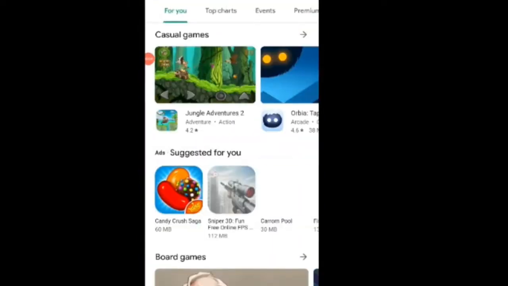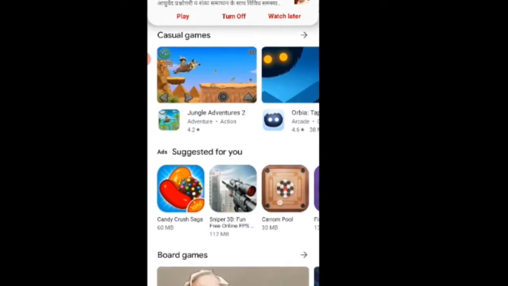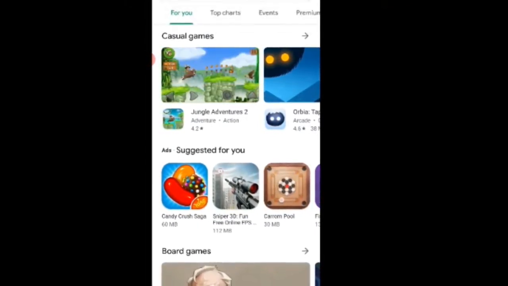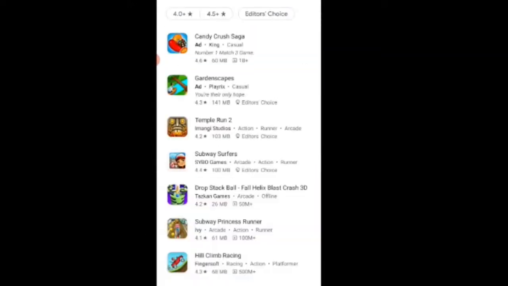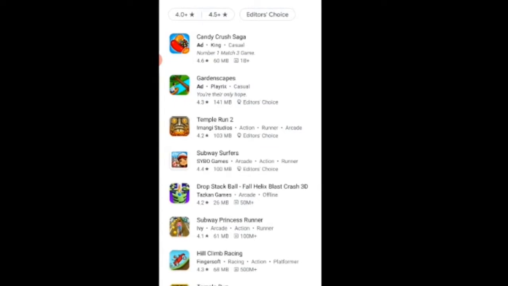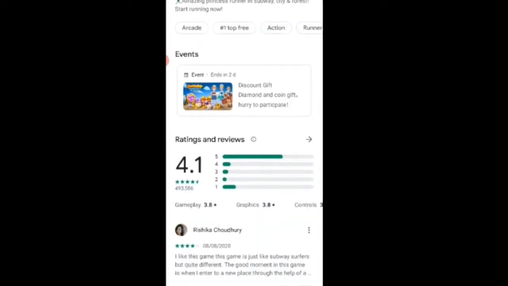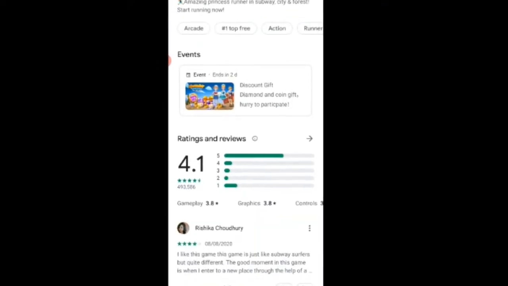So I am simply going to the Play Store on my mobile and I will show you. For example, games. If I open any app, see, it has a rating of 4.1.